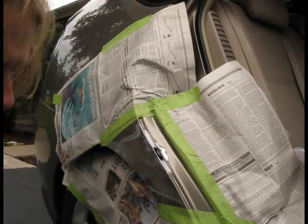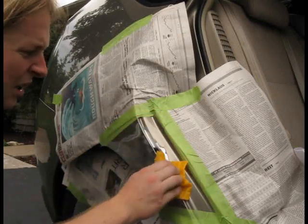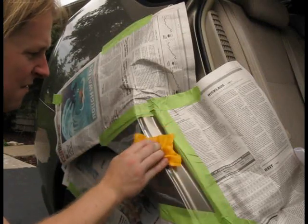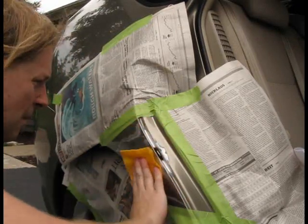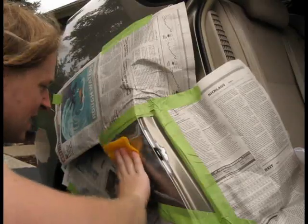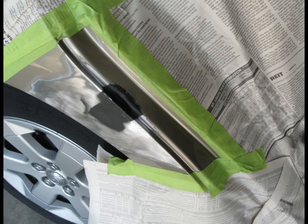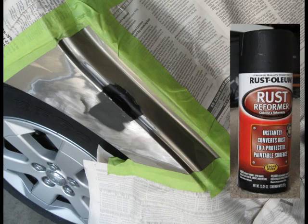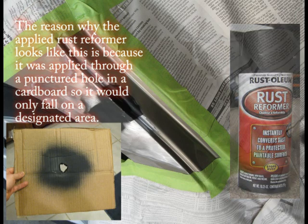Okay, now I'm going to use a tack cloth to get rid of the minor dust and anything that I don't need. I'm just trying to make the area as clean as possible. If there is any rust that you cannot remove, use the rust reformer. It will convert the rust into paintable surface, but it might take up to 24 hours for the rust reformer